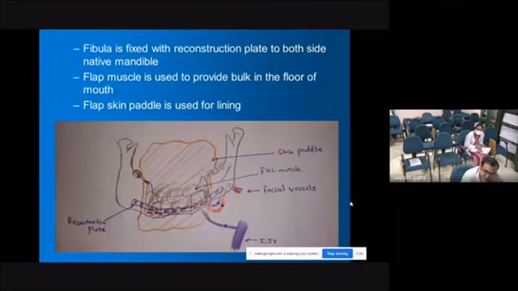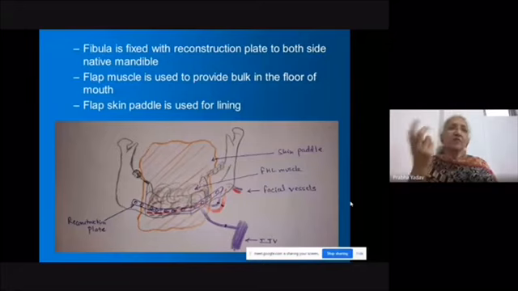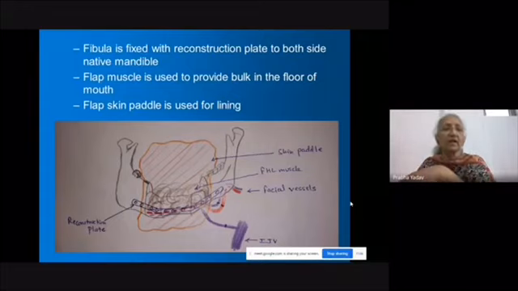Ma'am. Okay, fine. I mean, you don't have to keep it clamped. If you have done artery first, you will have to keep it clamped before you finish the veins, and it will just keep on pumping. So you need to keep the clamp long, and that artery sometimes doesn't like being clamped for long. So you need to pour a lot of warm water, lignocaine, papaverine, and all that.